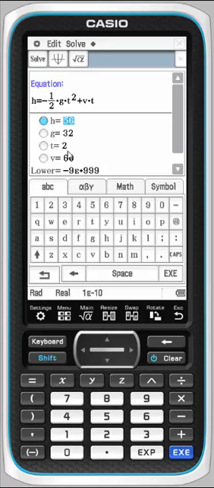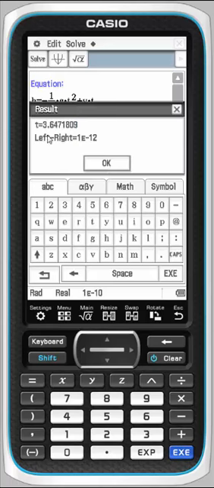However, what if we want to know when the height is 6 feet off the ground? So now I'll put a 6 in here. And if I want to know when, I'm trying to compute time, so I need to put the radio button there, and I press solve. And so we know that the ball reaches 6 feet at 3.65 seconds, approximately.